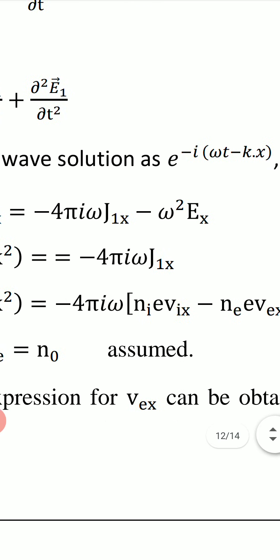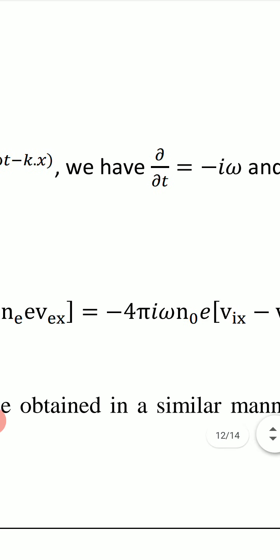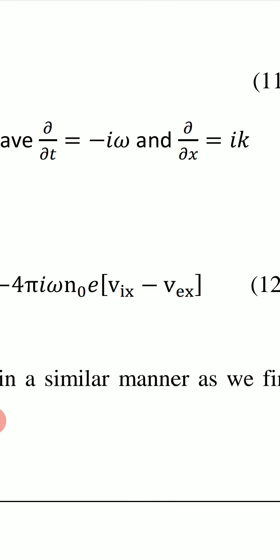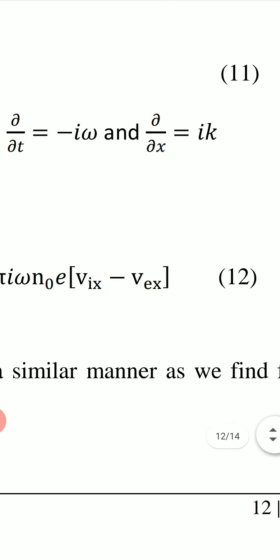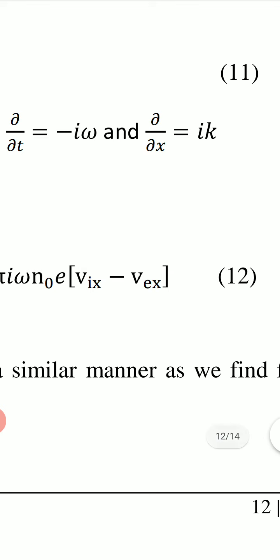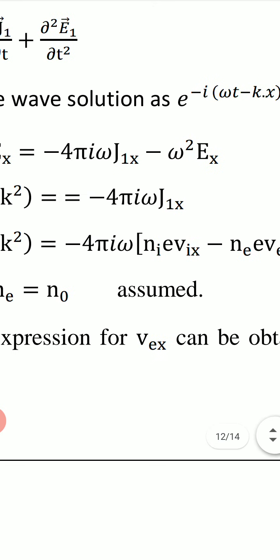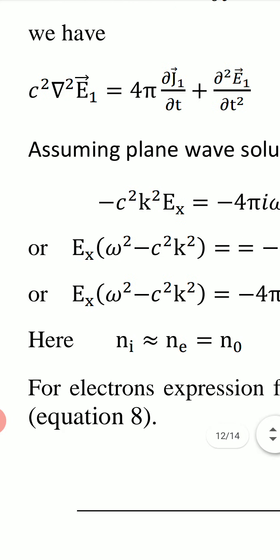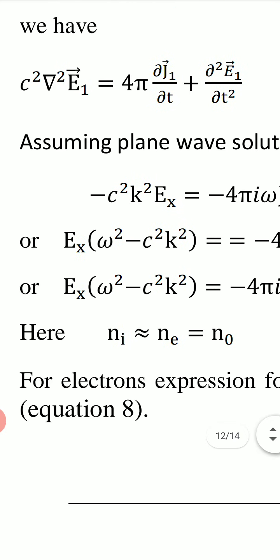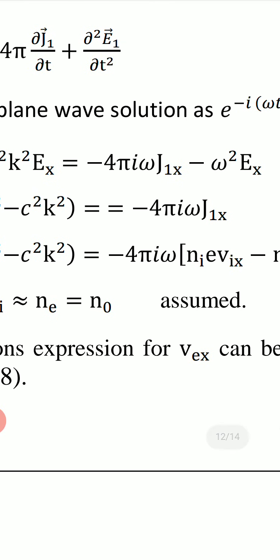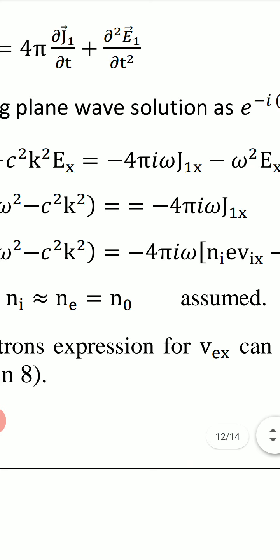For del we write delta upon delta x, that is ik. So for del square we write ik into ik, that is i square k square, that is minus k square. So for del square we write minus k square, and we have minus c square k square Ex equal to minus 4 pi. For delta upon delta t we write minus i omega,